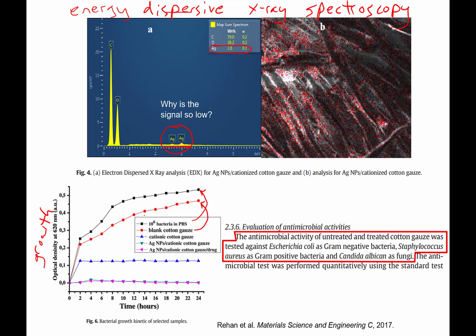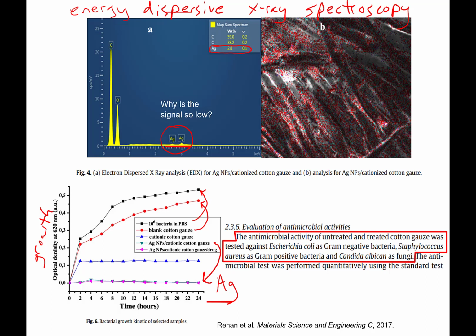They don't have any error bars here, so that's not clear if they repeated it, but that's beside the point here. But we do see that when they have their gauze with their nanoparticles in particular, so these two down here, so these have silver nanoparticles in them, there is virtually no bacterial growth. There were also some other things here, so they had gauze with antibiotic in them, and their gauze material also had some chitosan, which is antimicrobial. But here, I want you to take away the importance of silver, but then also the testing approach, where they're testing against these common